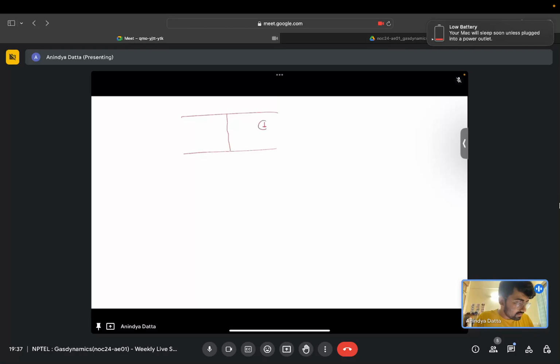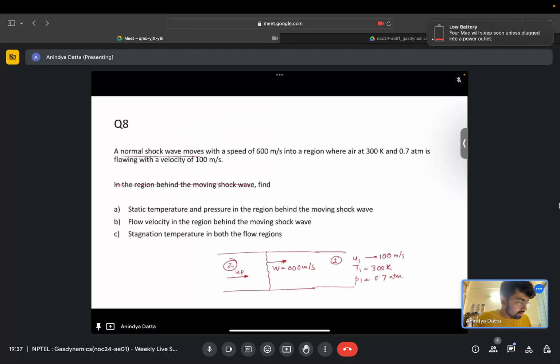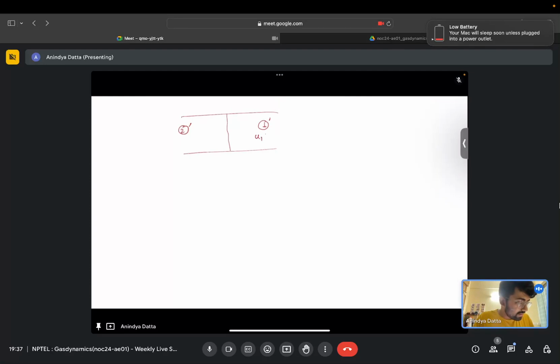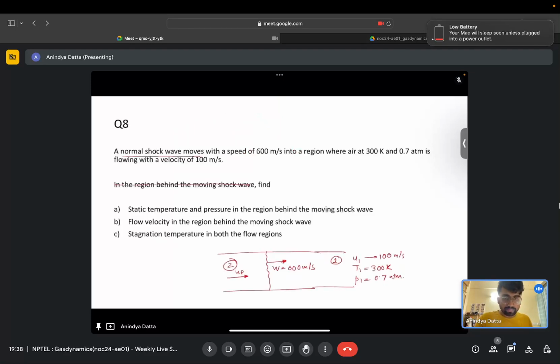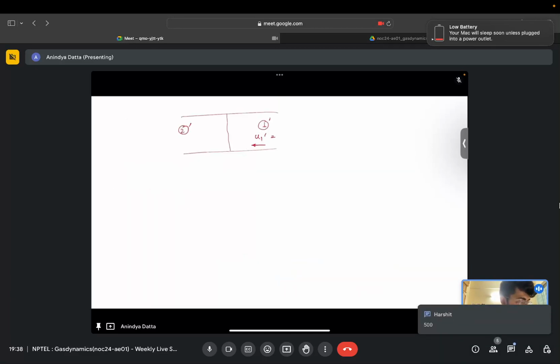So this is our state point 1 prime and this is state point 2 prime. Here the velocity is u1 prime. What will be the velocity? To make the shock stationary, we have to apply minus w in the left direction. So this u1 prime will be 500